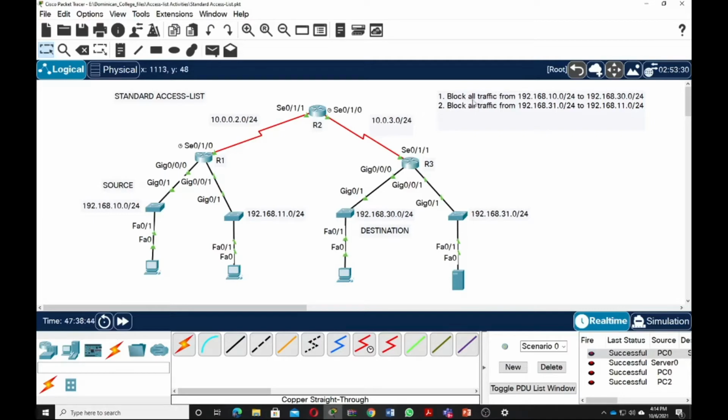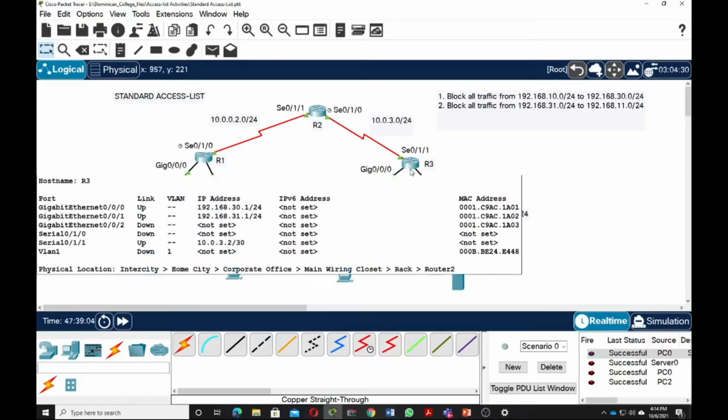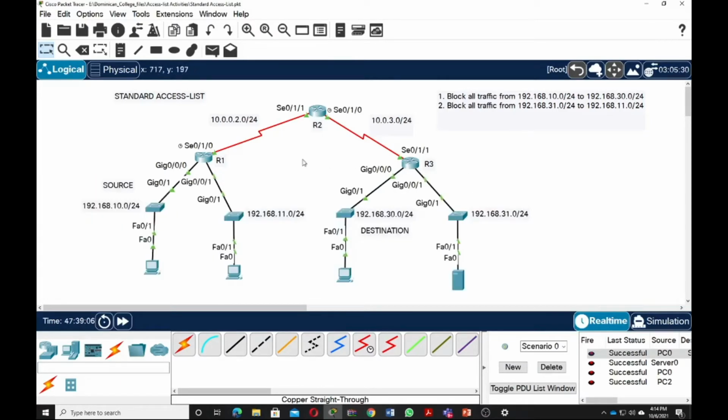So the scenario is to block all traffic from 192. So that means this PC should not be able to enter that .30 network, because the access list is already configured. So let us try. Let us delete first the